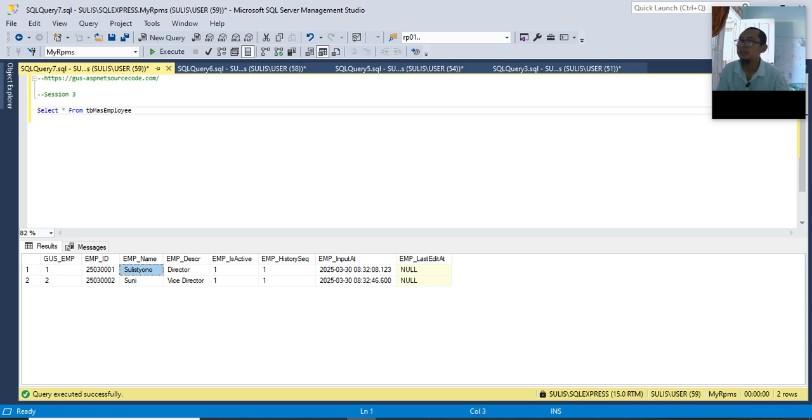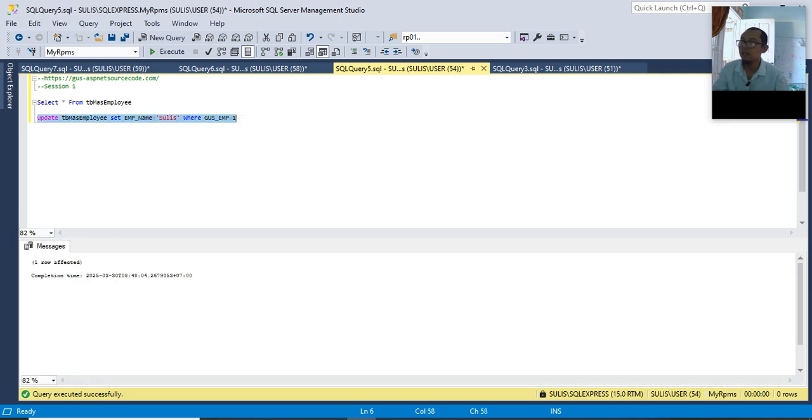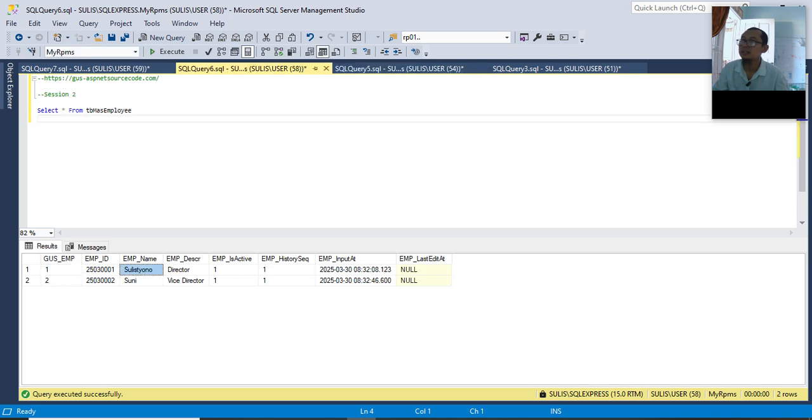Already Sulisyono in session 3. Now what if I begin transaction? Let's bring the data back to Sulis. Okay, I will update. Let's check here. Already Sulis in session 2. Sulis again in session 3.